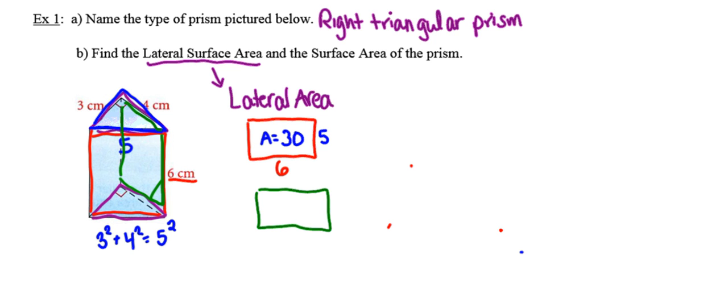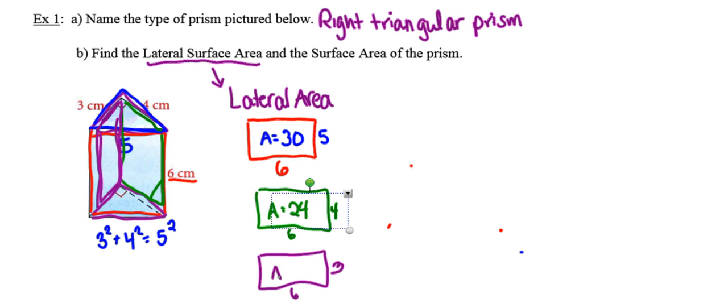It's 6 centimeters tall by 4 centimeters wide, giving it an area of 24 square centimeters. And then the last rectangle that comprises the left face of this prism is a rectangle that's 3 centimeters wide by 6 centimeters high,